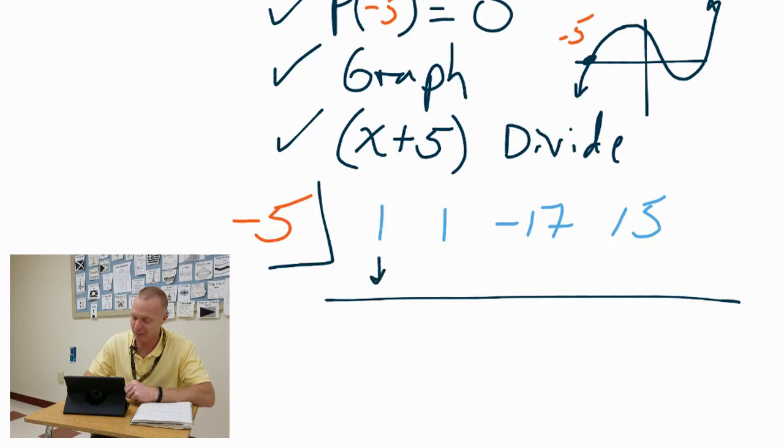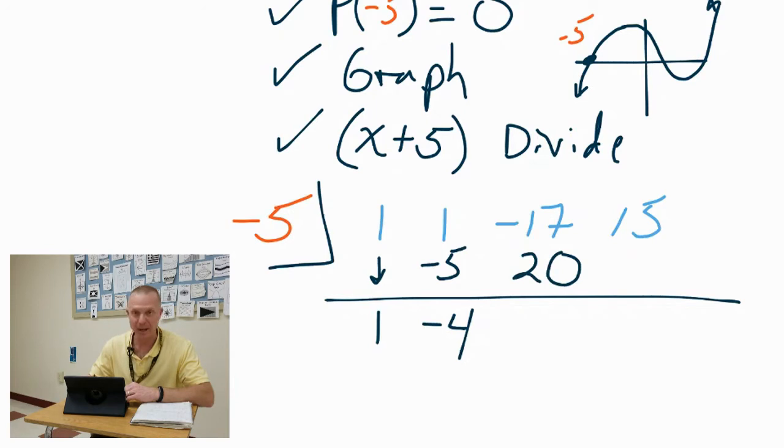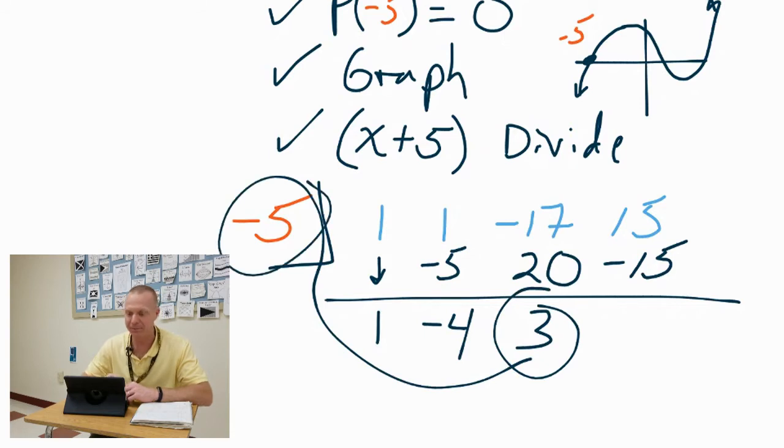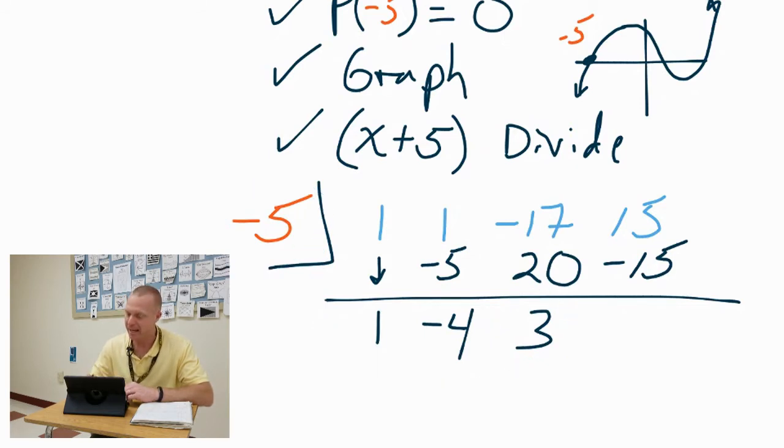So do you remember, you bring down the 1, and when you bring that down, the process begins by multiplying. You multiply these numbers together, and after you multiply them, we record that value in this second line. You add and multiply. You multiply these, you get 20, and then again, we're going to add. So I should have said it more like we multiply and add. We multiply and add. And you multiply one more time, you'll multiply 3 and negative 5. You're going to multiply those, you're going to get negative 15, and when you add, you get our remainder of